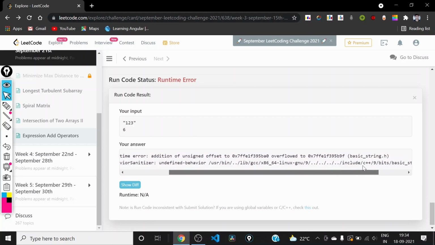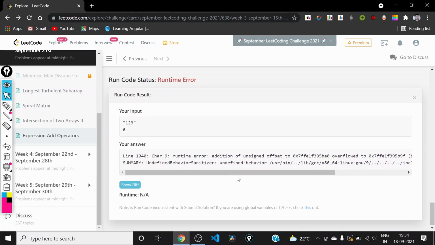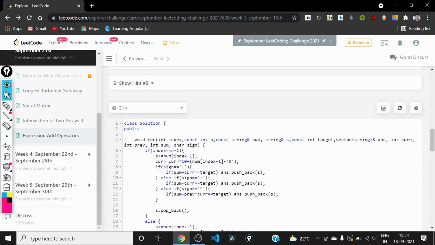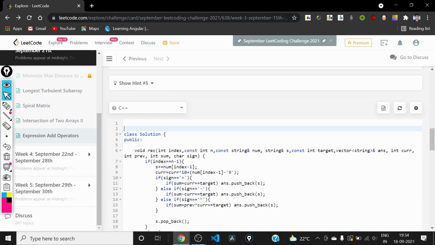First of all, we need to make sure we are using long int in this problem, because the ranges can go pretty high after calculation. So these quantities, current, previous, sum, should be long int.